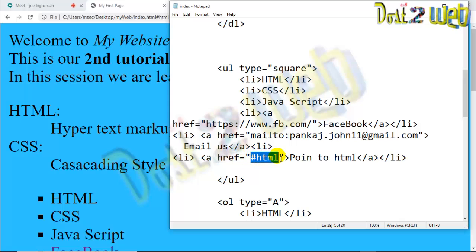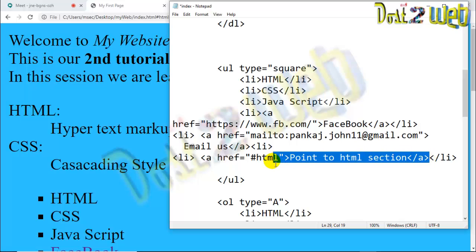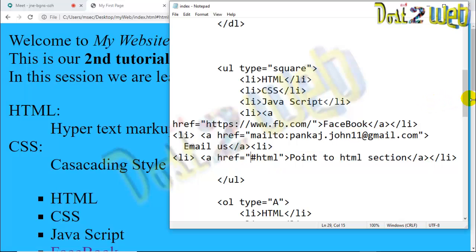You can write anything, it's not mandatory to write only HTML, but with a hash you have to write. I have defined hash HTML, and it will point to my HTML section. Similarly, close the anchor tag.